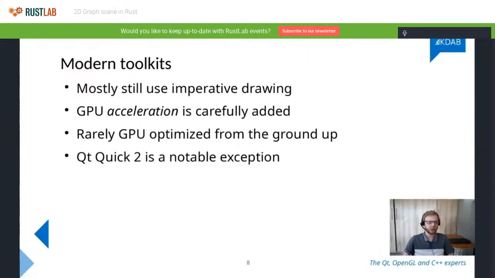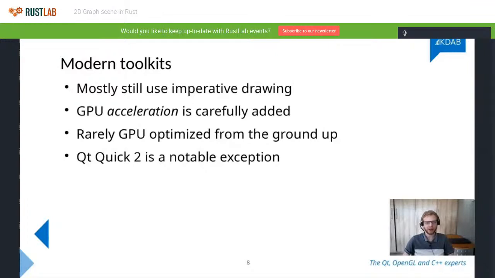There are a few .NET ones which are also kind of inspired by Flutter, architecture-wise. But interestingly, Flutter still is based on Skia. And as I said, anything based on Skia only has GPU acceleration carefully added, inserted at points, and there's all sorts of trickery to get that working. These things are not really optimized for GPU from the ground up.